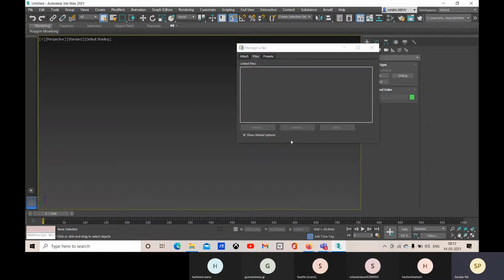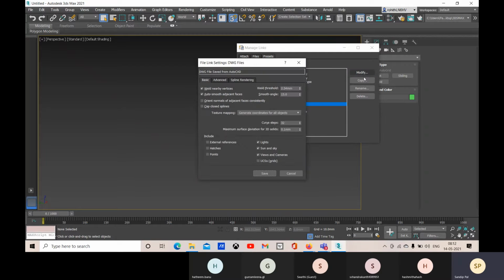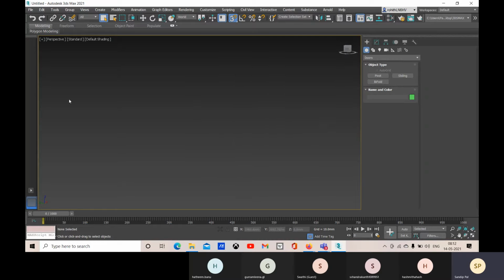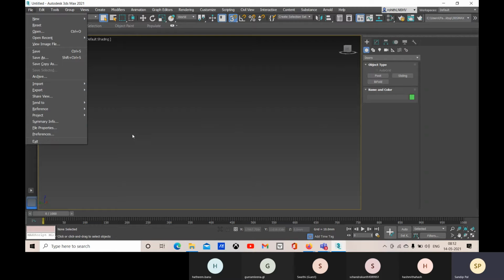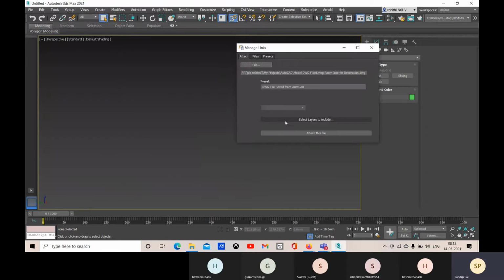Let me detach and reload. So right now, let me see the preset. So this is the preset right now. Let's save it. Okay, and let me reload it. Okay, so link AutoCAD. Let's open it. And this is the one.